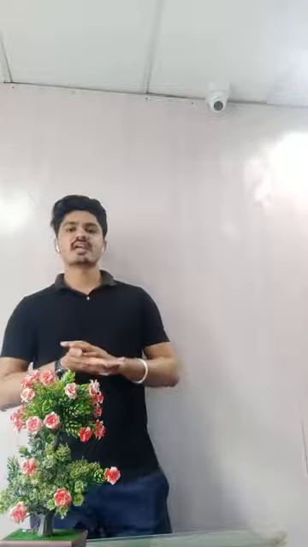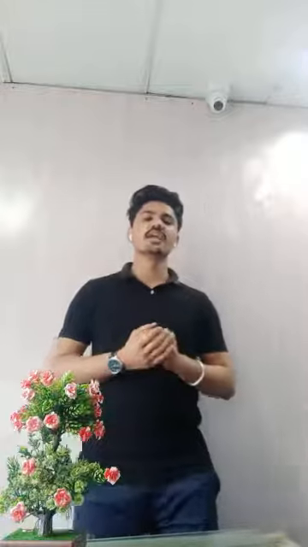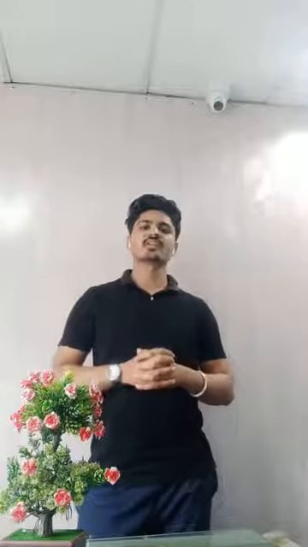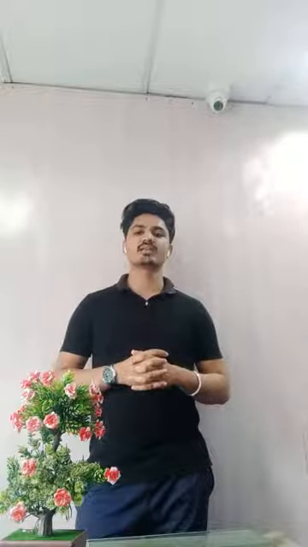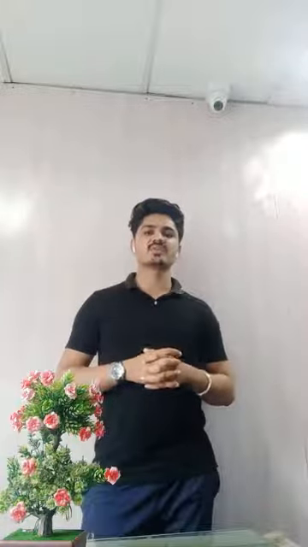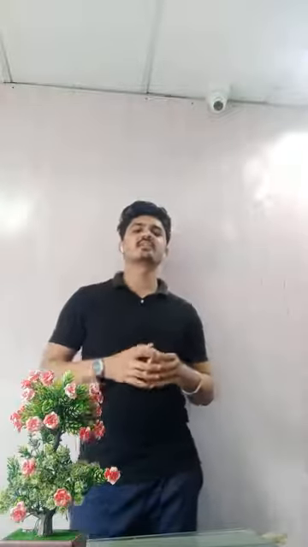Next is the hashCode method. What is the hashCode method? It gives a unique ID to our object. This is nothing but the hashCode method. Next is the finalize method. What is the finalize method? The garbage collector calls the finalize method when an object doesn't have a reference variable. That object then goes to garbage collection. So this is the finalize method.